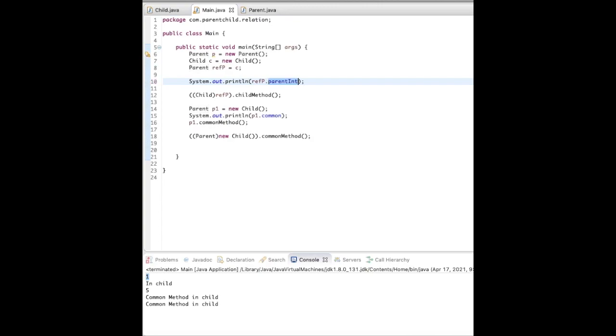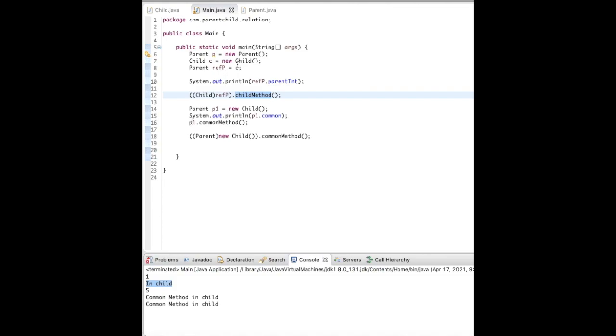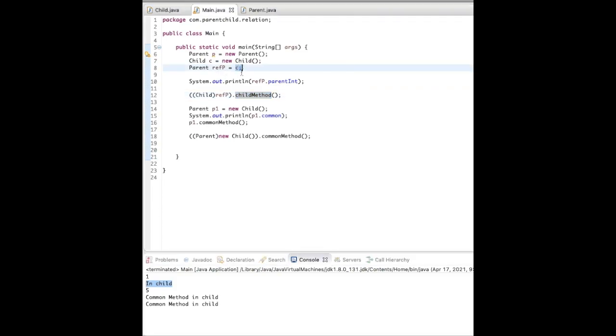So in the case of a data variable only the declared type is considered, while if you see, this reference p is converted into the child type and the child method is called. Obviously the child method will be called because it is referring to the instance of child.